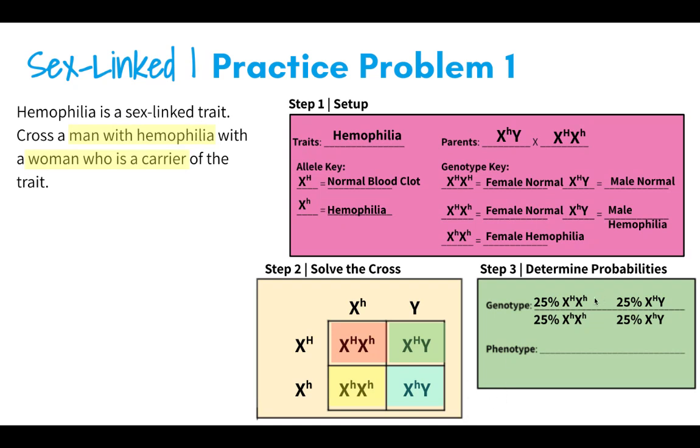So if we look at our first one, we have a 25% chance of having a daughter who is normal, a 25% chance of having a daughter with hemophilia, a 25% chance of having a son with normal clotting blood, and a 25% chance of having a son with hemophilia. So similar to what we've done with our Punnett squares in the past, really the only big difference is now just including the sex chromosomes in our cross and including whether or not they're going to have a daughter